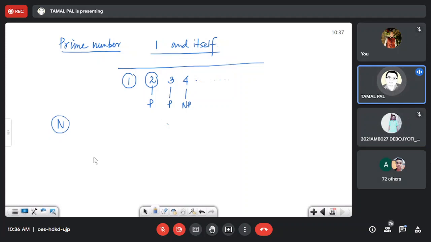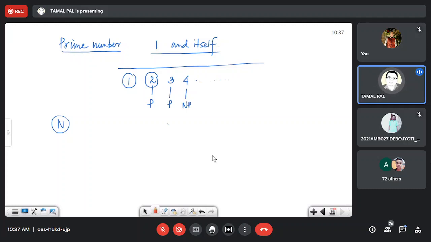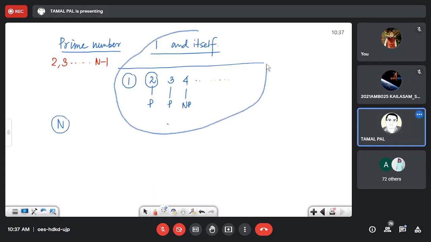From the basic definition, you are actually talking about efficiency, how to reduce the number of iterations. That is okay, I will think about it later, but as per the basic definition, it should run from 2 to n minus 1. And if any number is divisible by that, then we conclude that it is not a prime number, otherwise it is prime. Is it? Yes, sir. Then how to write code for it?